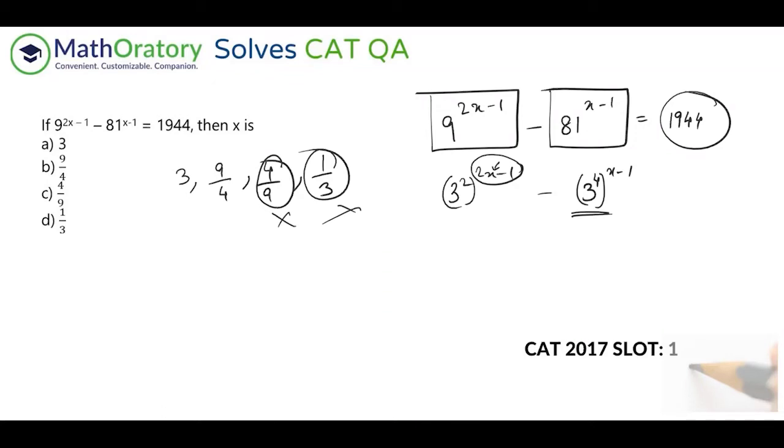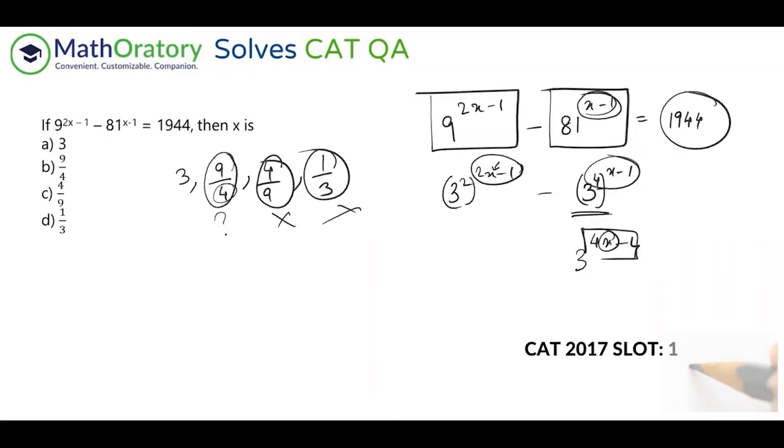The reason for that is, now this 9 by 4 is feasible. I don't know whether we can eliminate this or not, because if you think about it, this by 4 in this case, I hope you can see that this is a fourth power anyhow. So that will result in an integer power. So if you substitute x as 9 by 4 or anything by 4, this result is an integer. So 3 raised to an integer will definitely be an integer, right?